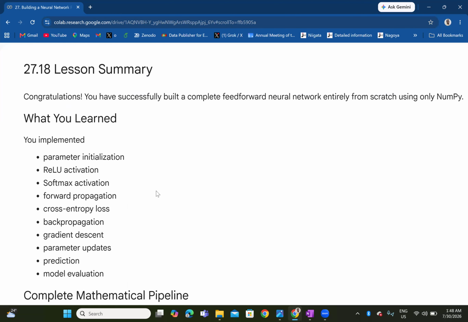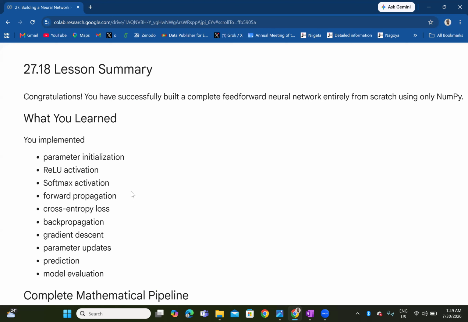So in summary, I can congratulate you. You have successfully built a complete feed-forward neural network entirely from scratch using only NumPy. Normally, at advanced level, we get to use things like PyTorch and TensorFlow. So we have learned to implement parameter initialization, ReLU activation,